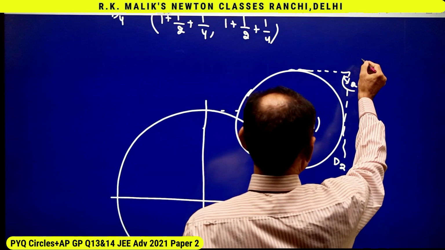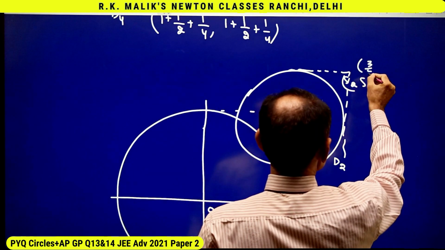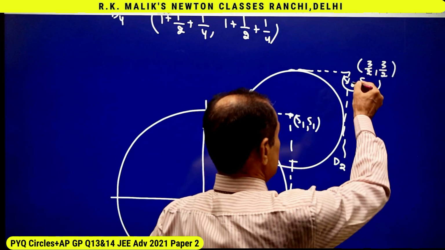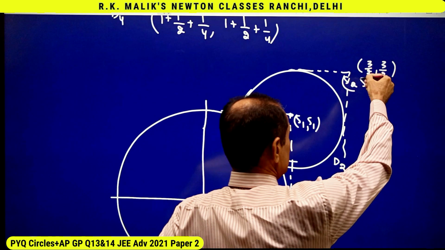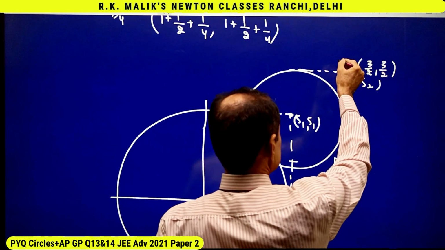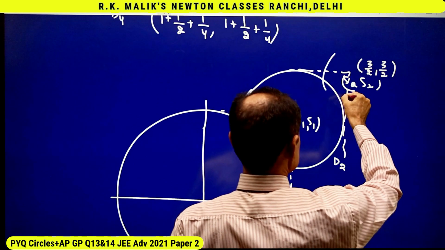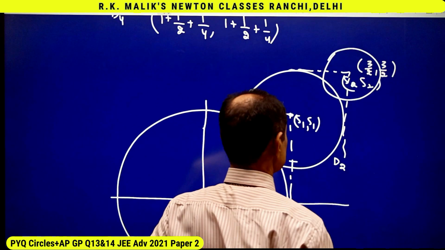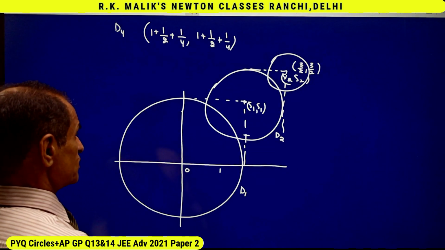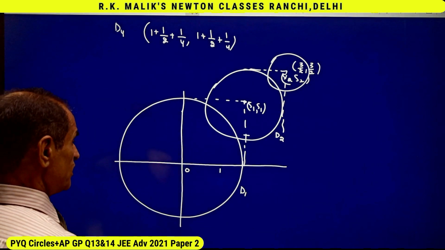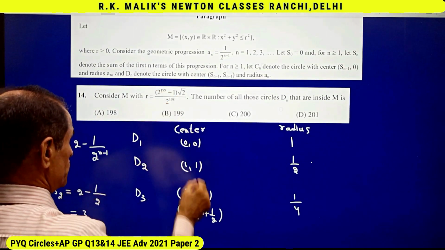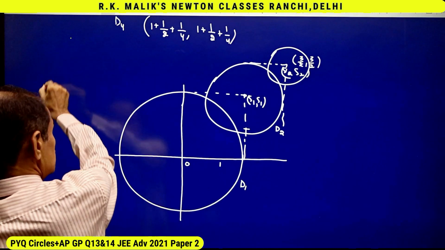This point is 3 by 2 comma 3 by 2. And D3 will be the circle with center 3 by 2, 3 by 2 and radius half of it, that is this. And because we have to find the number of circles lying inside a circle M whose radius is this much, that is